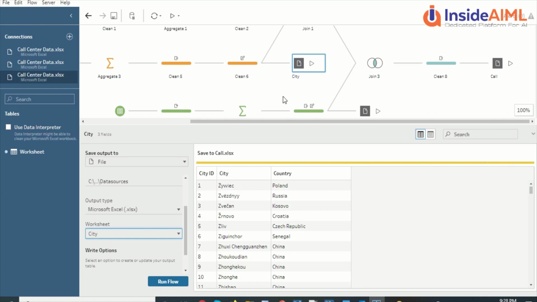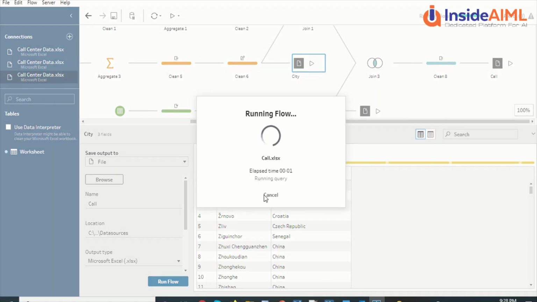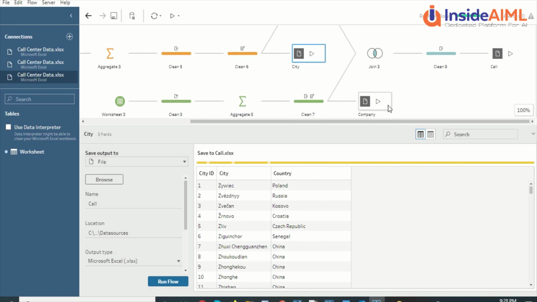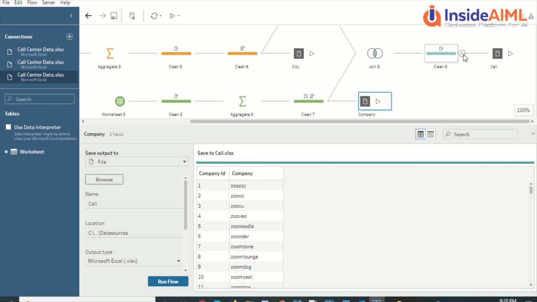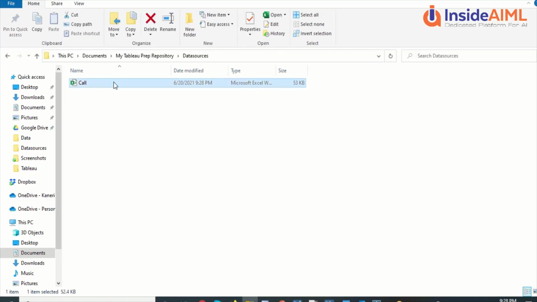all three outputs are going into the same file. This is going to be call. Oh, cancel. Okay, I almost executed it. Call, and this is also call. Okay, call and call. Let me see if the sheet is created. We're going to delete it.